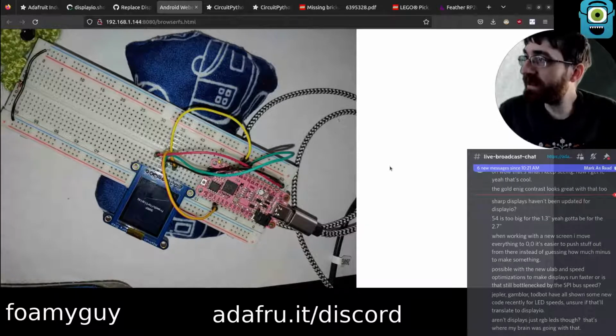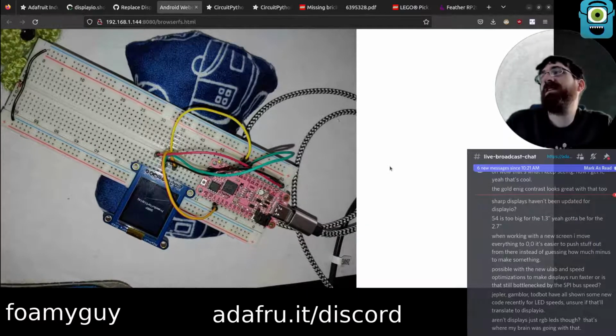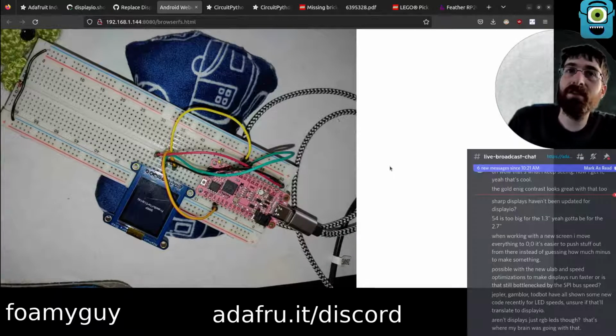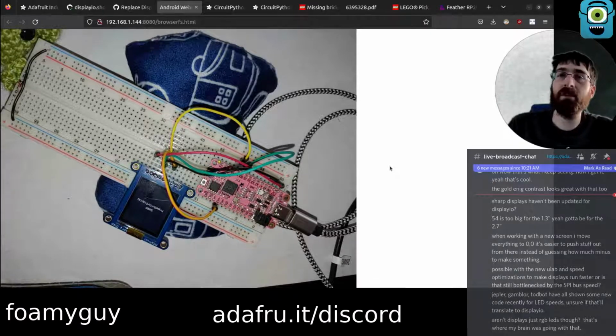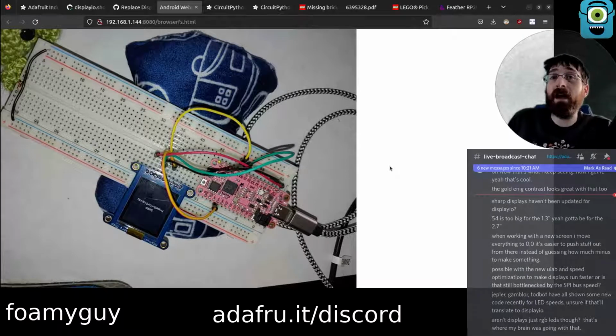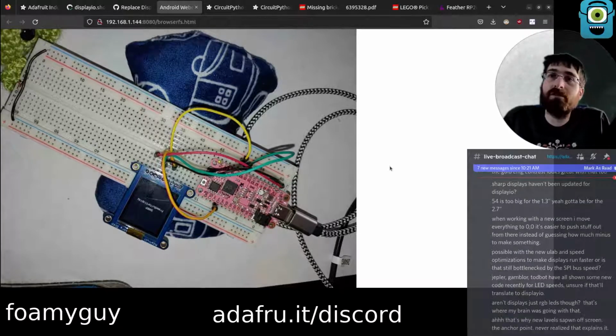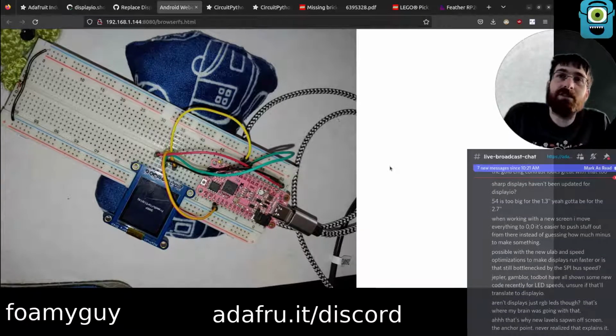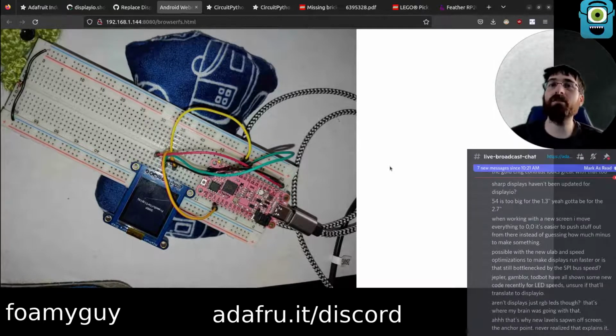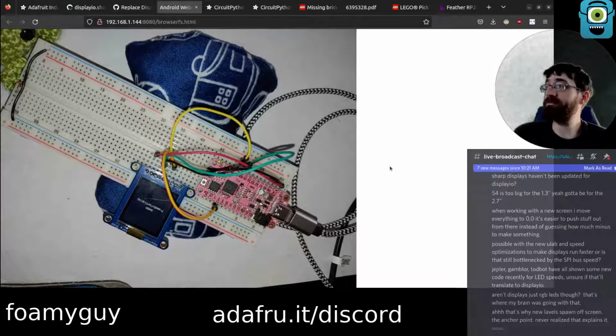Aren't displays just RGB LEDs? I mean, on some level, kind of, yes, but I don't think it works the same. I don't think it works with the same code. I truthfully don't know either, though. So whatever my guess is, it's just that. It is my guess. It could be right, could be wrong, could be way off base.